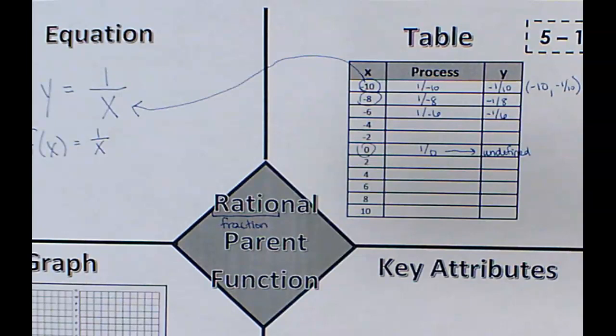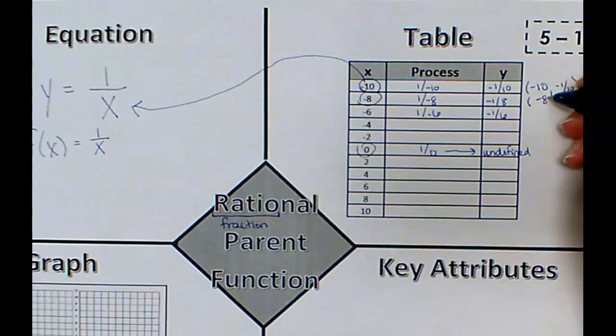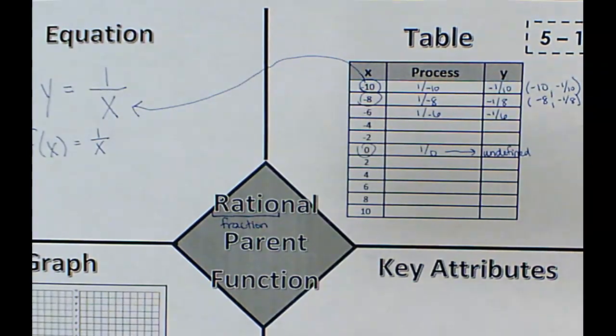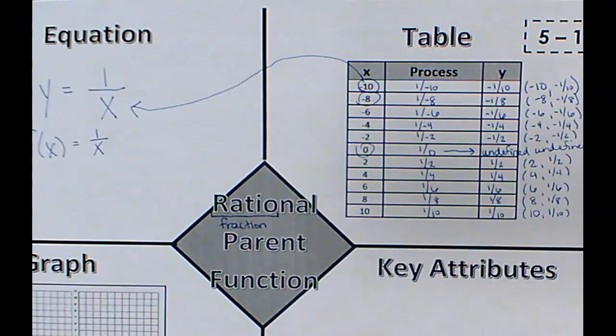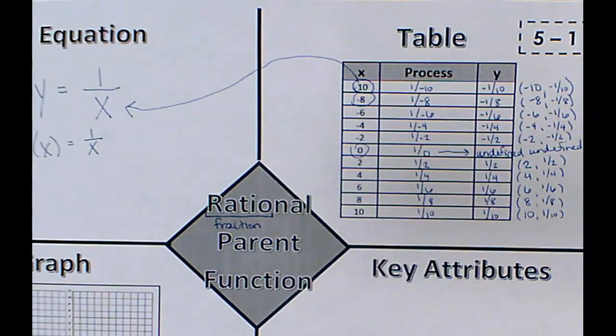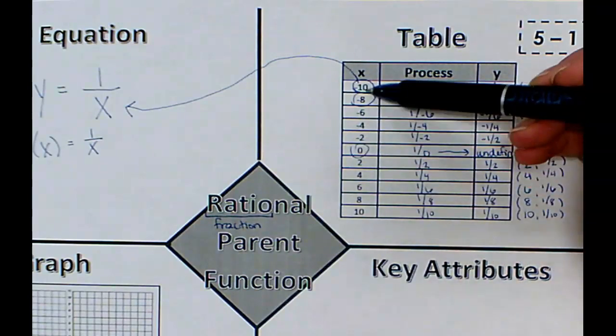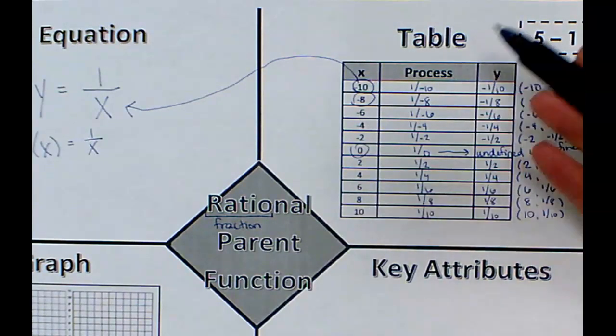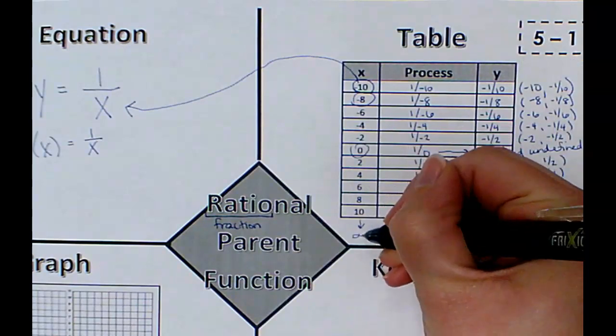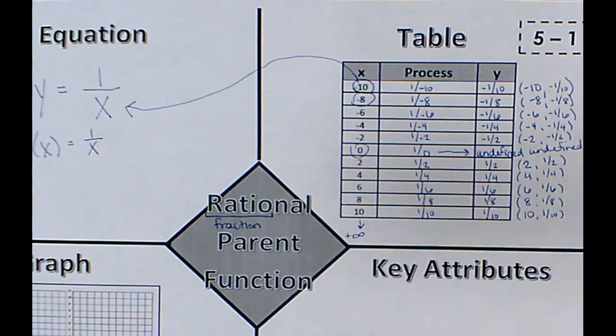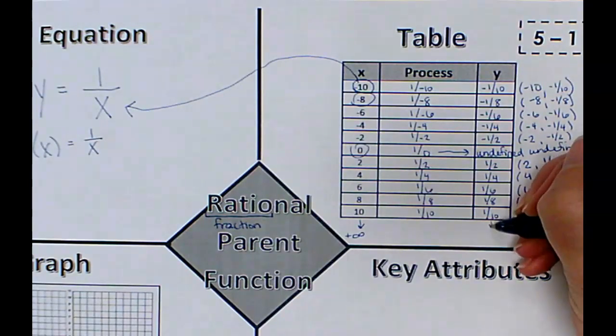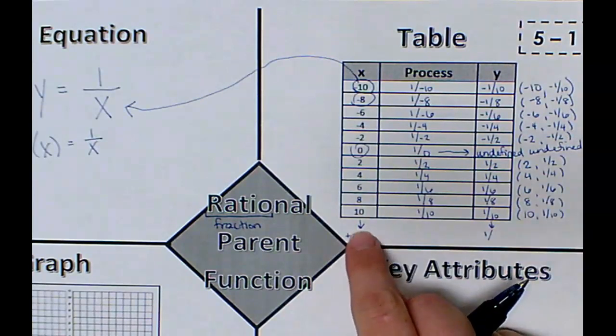So what I'd like for you to do is pause your video, continue filling in the table, and also continue writing your ordered pairs out to the side. So check your x and y values with mine, check your ordered pairs with mine. And what I want to point out is that as x increases, let's not talk about decreasing, let's talk about just as x increases, as x goes to positive infinity, almost talking about end behavior here. As x goes to positive infinity, y is going to go to 1 over whatever this is,